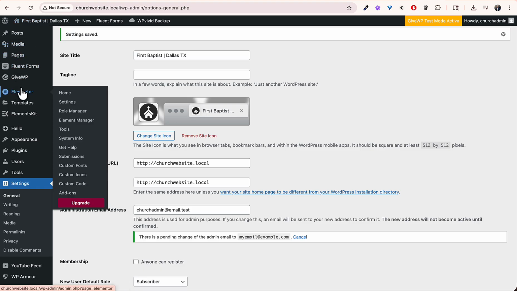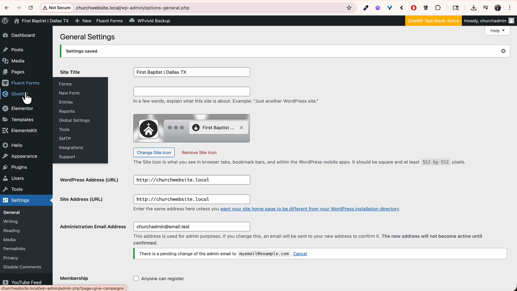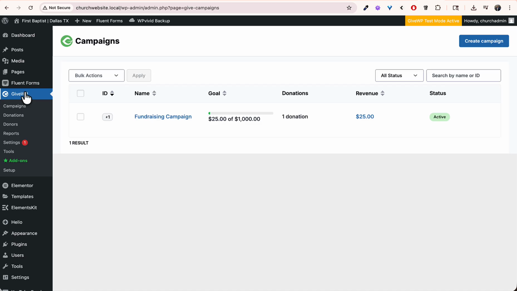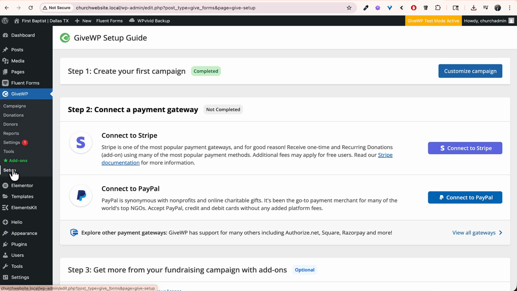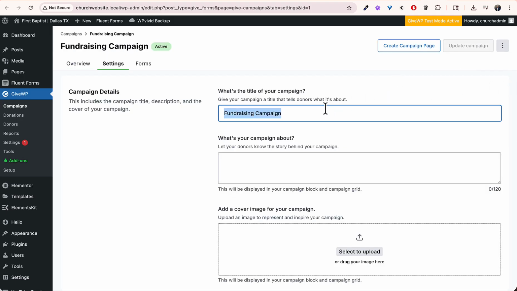So how does this work? Well, in the back end here, we have something called GiveWP. It's right under Fluent Forms, so GiveWP. GiveWP is a plugin that lets you do these donations. So here's what I would do. I would click the setup down here at the very bottom. And of course, they have this campaign. That's the first thing I would click on, is customize. And I would just name this,